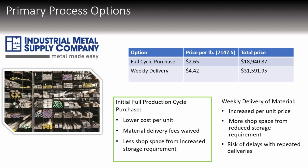For our primary process options, we had to determine whether it was better to do a weekly delivery of material so we could decrease storage size, or if we could order it all at once and be able to store it if we have enough room. We determined that it is better to order all of the material in bulk. We have more than enough room in our factory to handle and store all of it